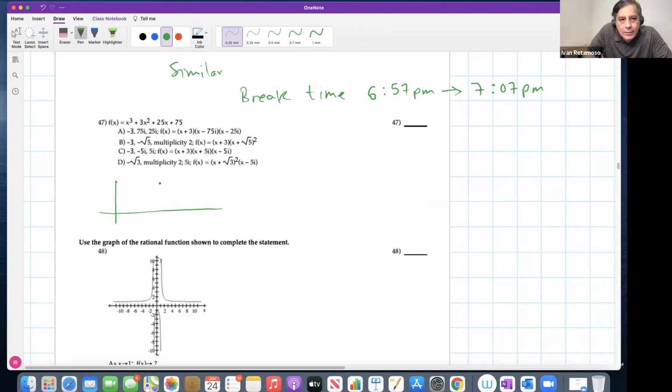Let's continue with this question 47. It says f of x equals x cubed plus 3x squared plus 25x plus 75. They want you to find all its zeros, all of them, right? Real and complex, all of them. So hint, guys,